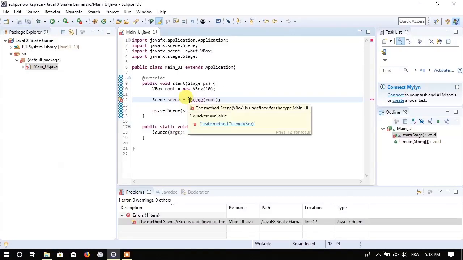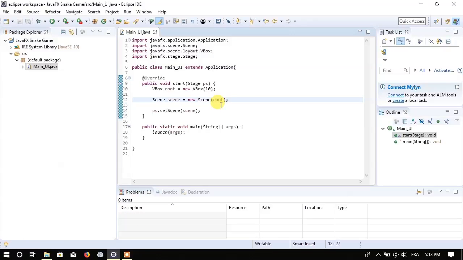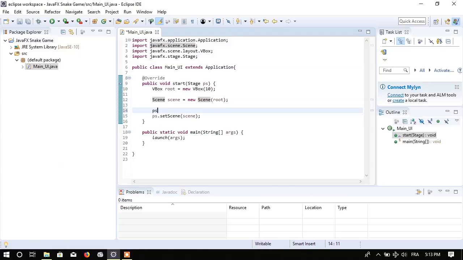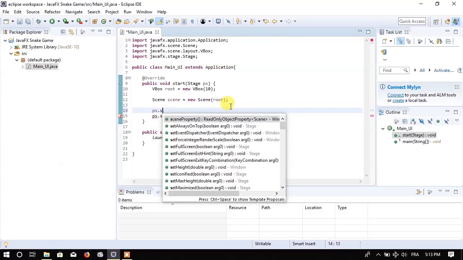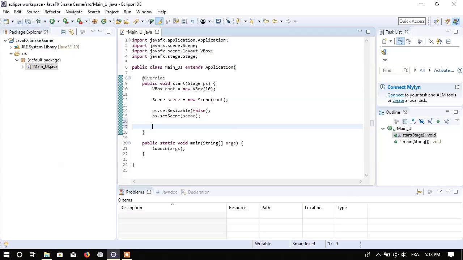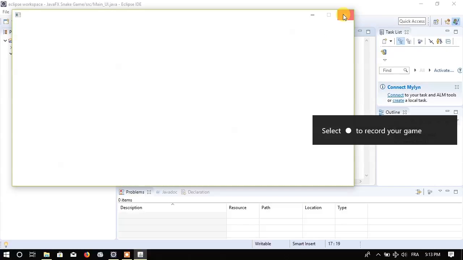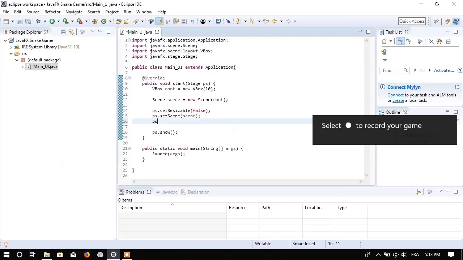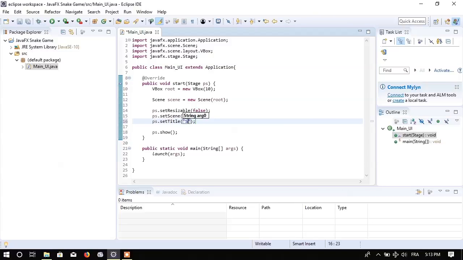What's wrong with new Scene? Alright, I want my primary stage to be not resizable, so I'm going to set resizable to false, and I think I can already show this. primaryStage.show. Voila, we have a window. We can set the title to snake game,